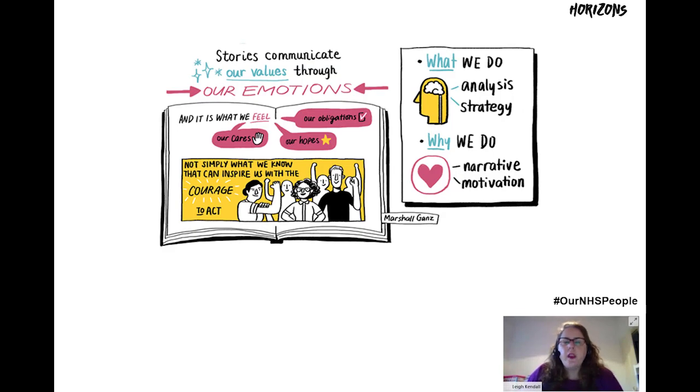And we communicate our stories, our values through our emotions. Very often we see reports with lots of bar charts and things, and of course they're really important, the analysis, the strategy, but the why is really, really important with our narrative, our motivation. Why do we do what we do? Why does it matter? What is the heart of what we do? And sometimes on Twitter you can see people perhaps sharing more of a stream of consciousness of what they had for their breakfast and things like that. And that's fine if that's what they want to do, but for real genuine influence and impact and connecting communities and things, it's really thinking about the why behind things.